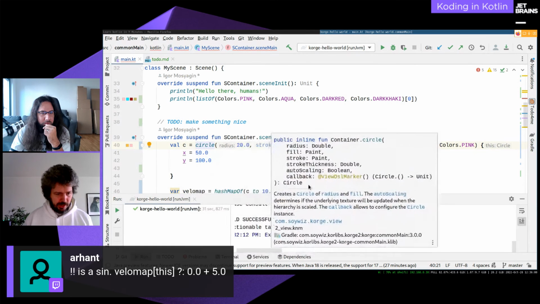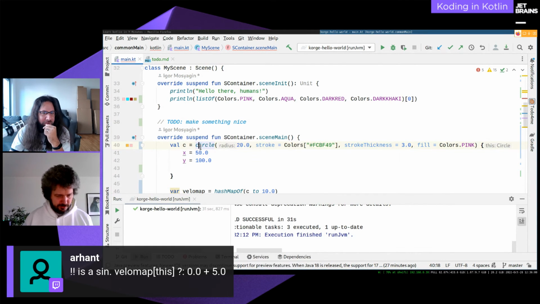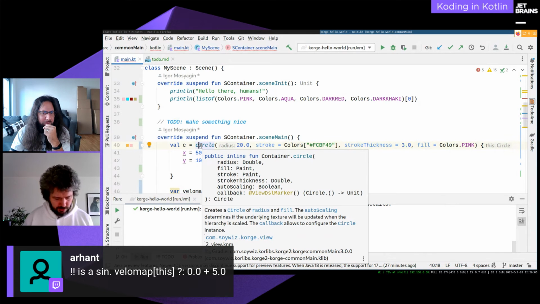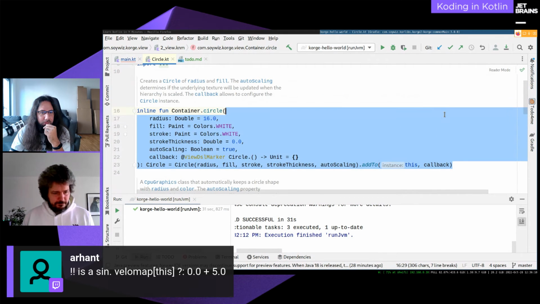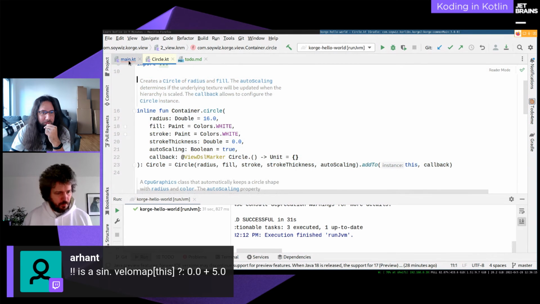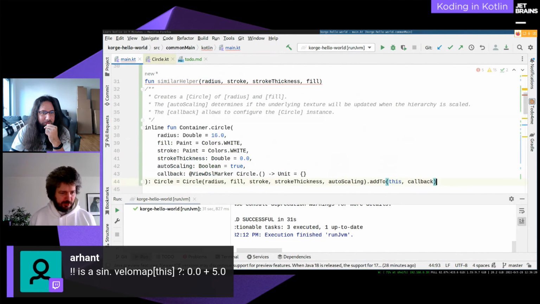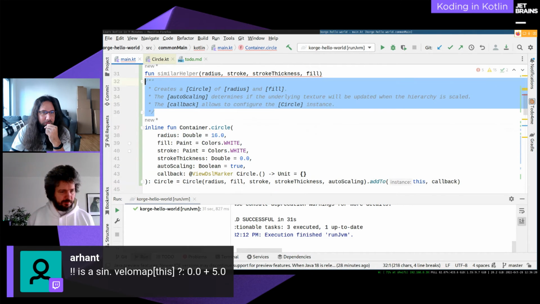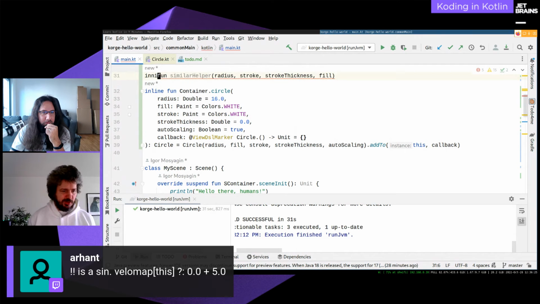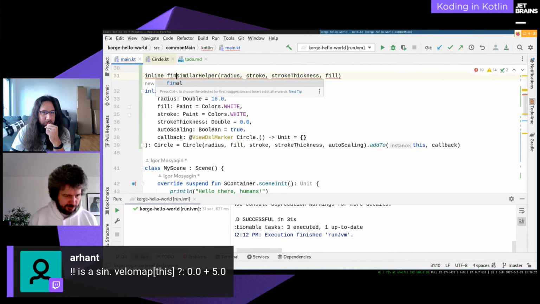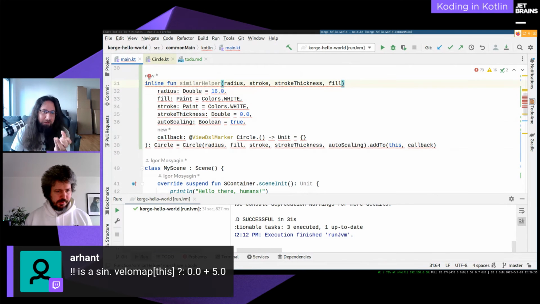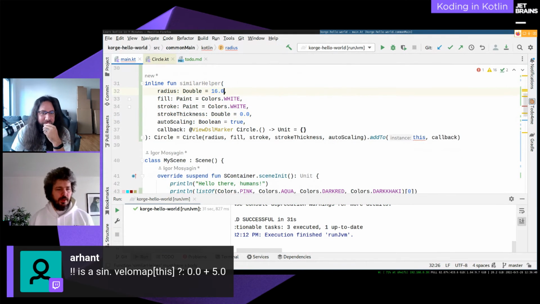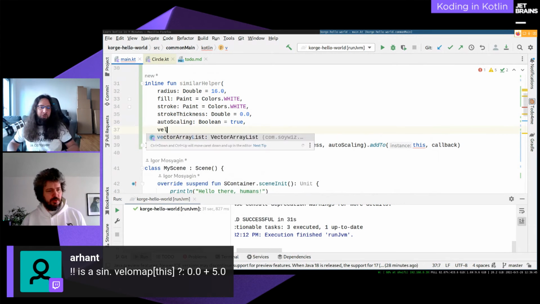I want to navigate to it. Just navigate to it. Control B, I believe. Control B. Yeah, I copied the helper as well. Create a circle of radius, blah, blah. I also want my function inline. That's perfectly fine. Similar helper. Now it just makes sense to rename the function you copied, right? Yeah, like this. And now you should construct not circle, but